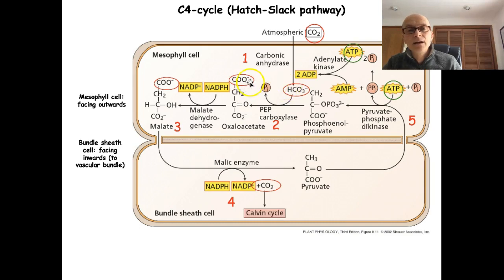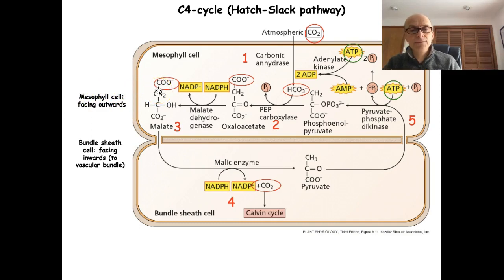And I'm circling the carbon dioxide here in red so that you can follow that carbon that is incorporated. So that's the carbon here, that's the carbon here now, right? It's getting added to this 3-carbon chain, now it's a 4-carbon chain. Now it gets reduced, right? There's an addition of a hydrogen, so it gets reduced to malate. Here's our carbon still. And then these reactions that occur in the mesophyll cells, so in the outward facing cells